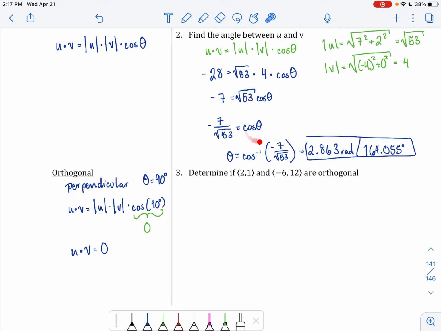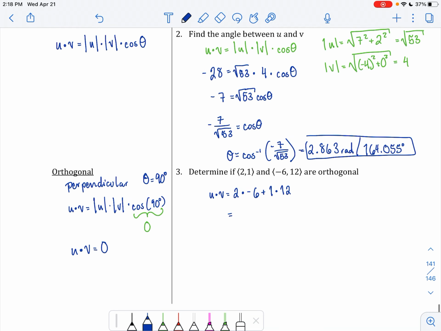So you don't need to go through this whole process of finding the angle. You can just ask, well, is their dot product 0? So here, I'm going to jump straight to the dot product and ask myself, is it 0? I've got 2 times negative 6 for the x components, and then y times 12 for my vertical components. So this is negative 12 plus 12. It's 0. So yes,